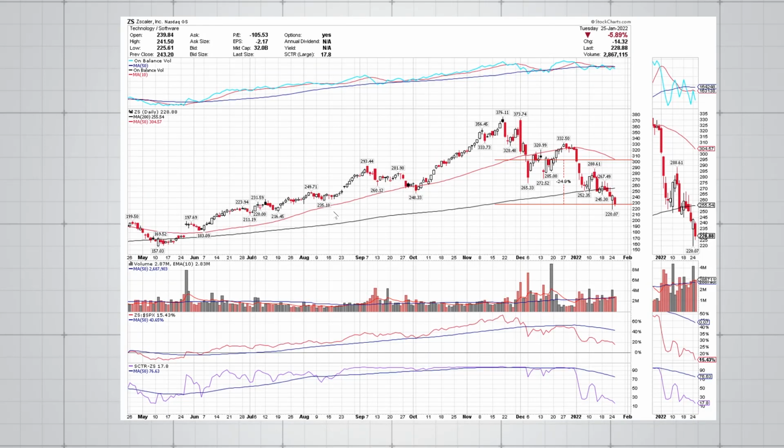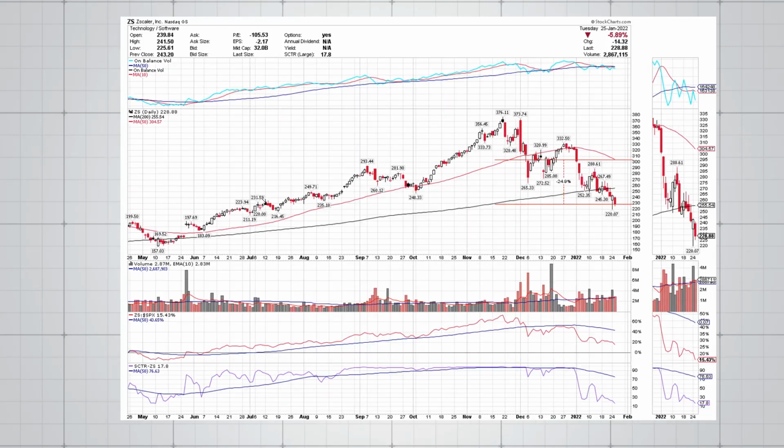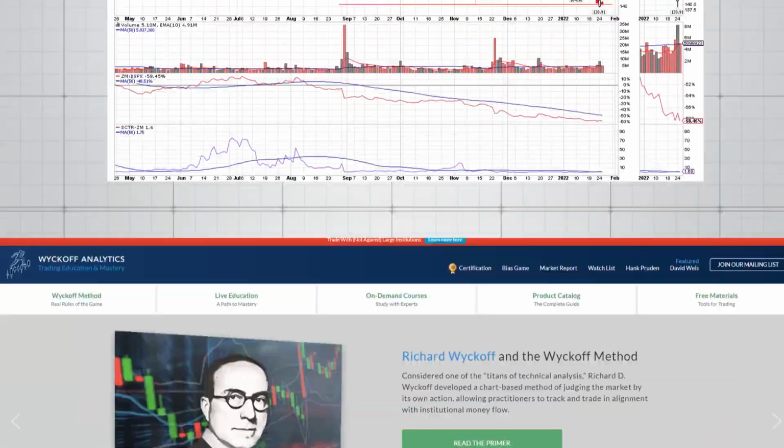Zscaler, this was not on our prior list in terms of the magnitude that it's off its 52-week high, but it's close. It probably was down the list fairly close to where we stopped. The measure here from the red line down to the current close, 24.9% to the downside there. And Zoom Video Communications, another name that has had a terrible price history of late. That's again 25% below its 50-period moving average. All of these are